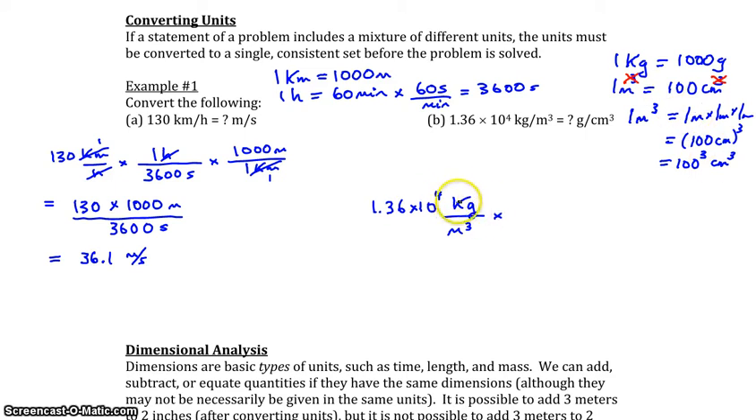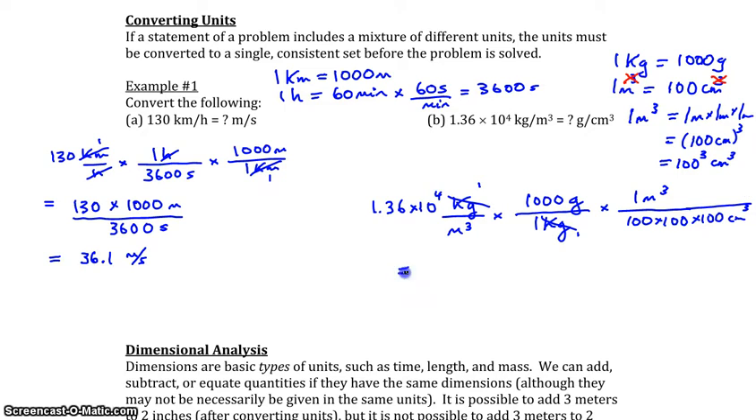Now we're going to get rid of the kilograms. So we'll multiply by 1,000 grams all over 1 kilogram. You'll see that the kilograms here and the kilograms here will cancel out, and you'll have grams on the top. And then we'll multiply by 1 meter cubed on the top, which is equivalent to 100 times 100 times 100 centimeters cubed. And this will give you an answer of 13.6